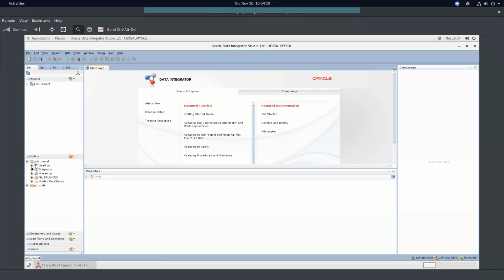And then when you go, we need a diagram. So you right click, create a GL balances diagram. And when we have a diagram, we're going to drag the GL balances from the source into that diagram. And then what we do is we go